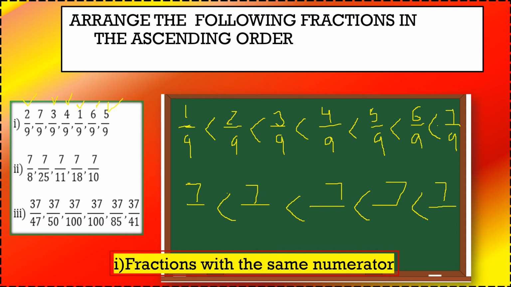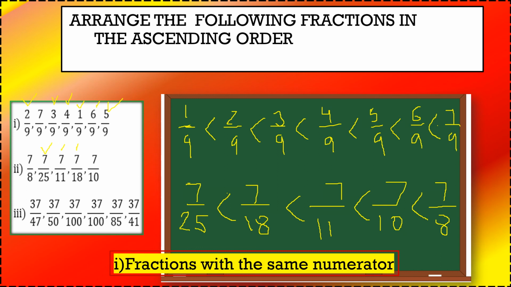So what will I do? I'll mark a tick here and I'll write here 7 upon 25. I've done the first one, and then my second fraction in the order will be, now after 25, yes, you're right, we can take 18. 7 by 18. So 18 as a denominator. Can you see the next one, denominator? So shall I take 11 or 10? 11. Yes, you're right. So 7 by 11 is my next one. So I've done 11 also. This is done. I'm left with only 7 by 8 and 7 by 10. So I will be writing 10 over here, and then I will be writing 8 over here.